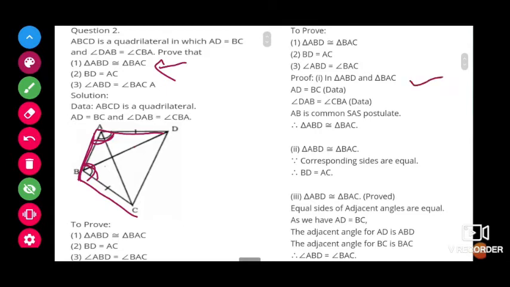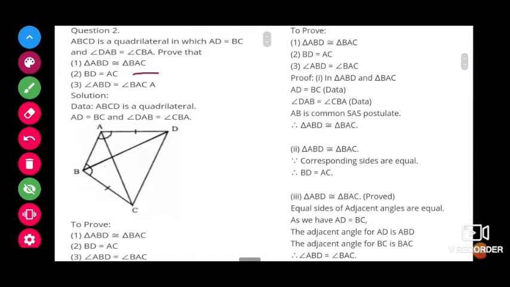Okay, first one is here, children. That's the steps I had shown for you. Children, these are not the only steps you have to follow. If you want, you can follow your own steps also. There are no restrictions, but the summary should be the same. Whatever you are showing should be true and from the figure. Okay. Next one.